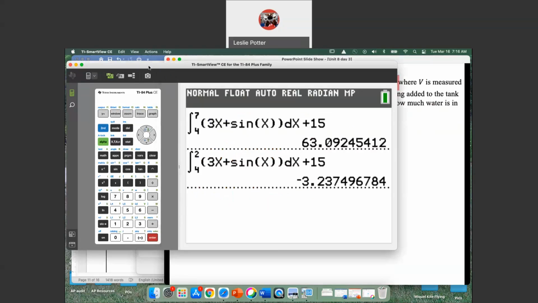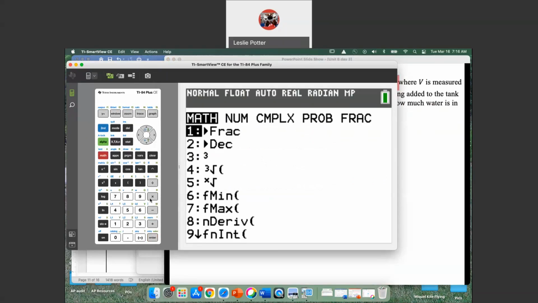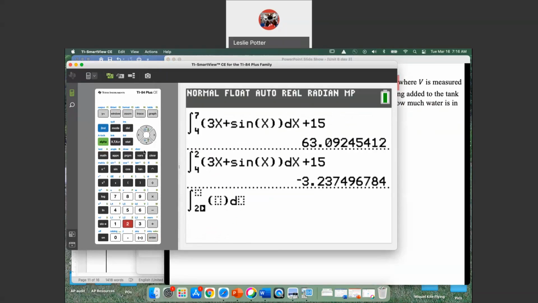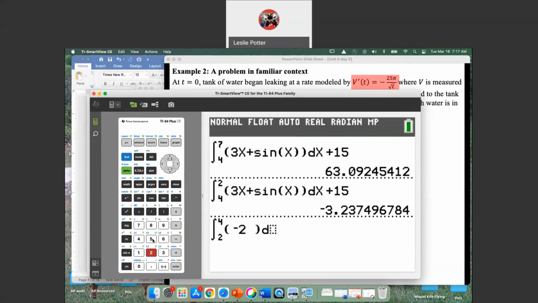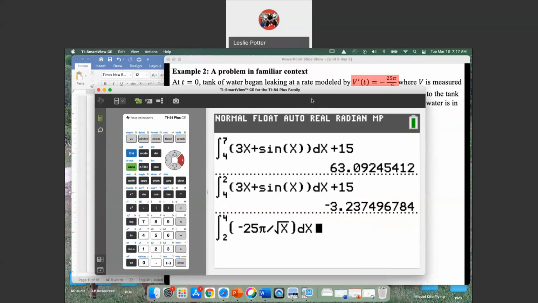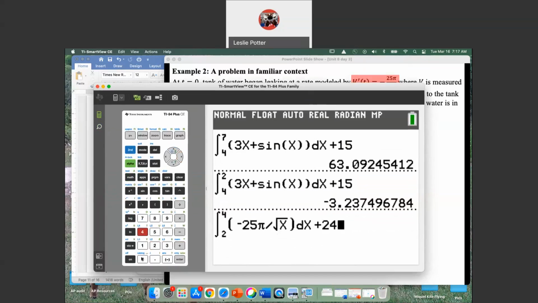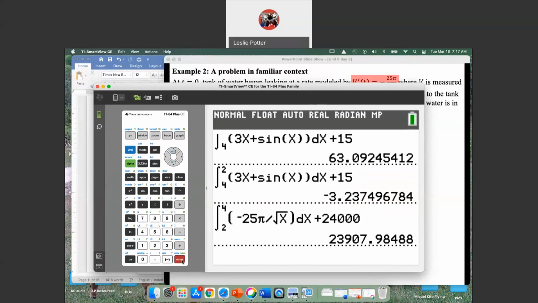Okay, so let's go get the answer. So we have math 9, and we're going from 2 to 4 days. And we have minus 25 pi divided by the square root of t divided by the square root of x, and that's integrated with respect to x. And then, since I'm outside the integrand, I'm going to go ahead and add on the 24,000. So plus 24,000,